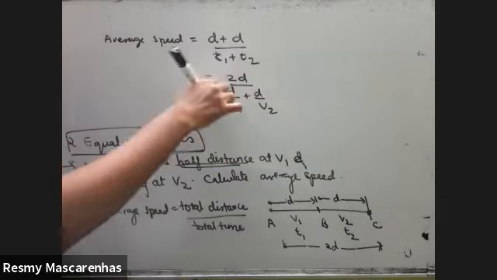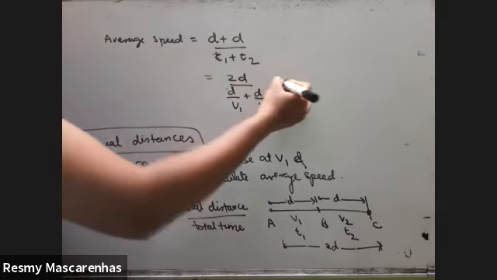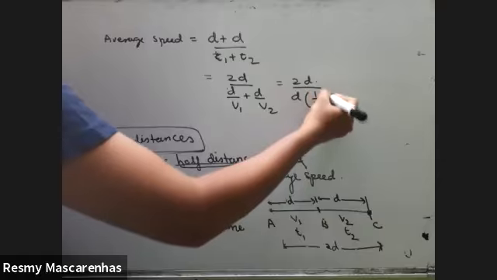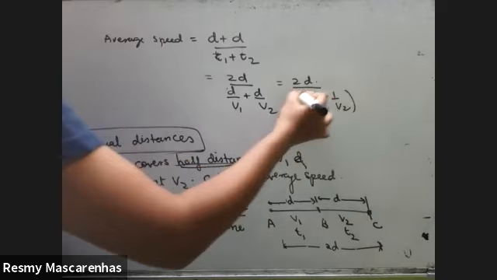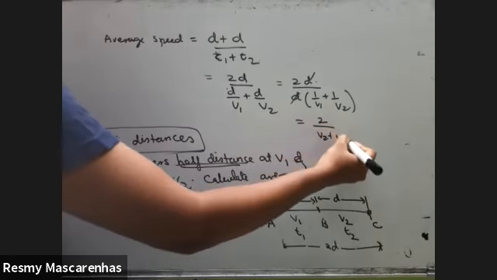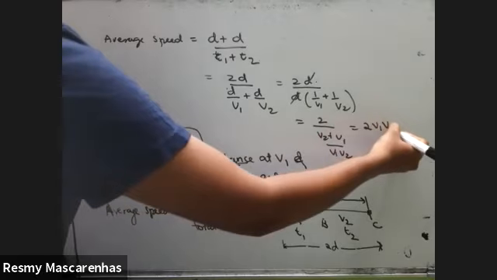Same as the previous problem, we just copy paste again and do the same calculations again. Then this and cross multiply. The overall answer will be